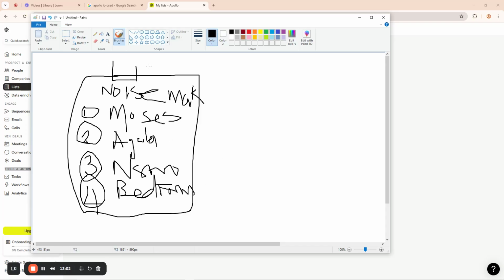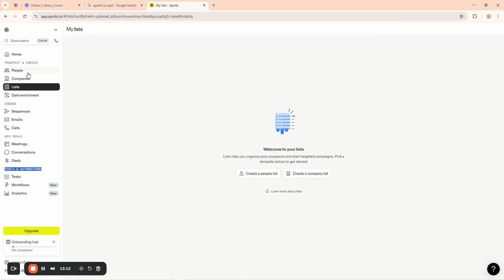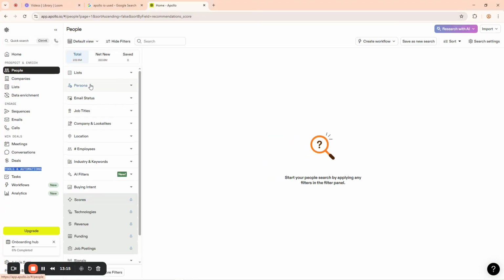So this one is a list now. On Apollo too, we can also build this kind of list based on some certain attribute that people have in common. For instance, if you come to these people here, they might say, please help me find people that live in the UK. What will you do? You need to find them and create a list out of